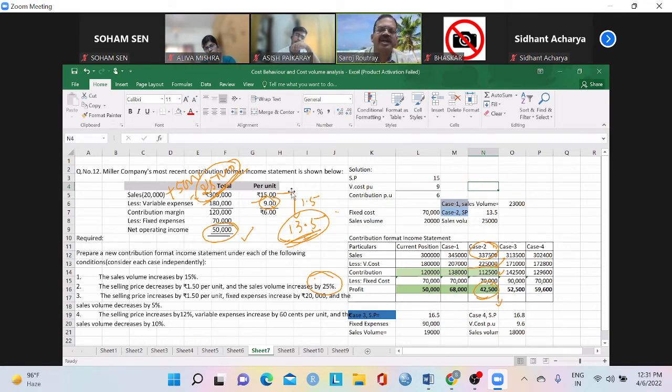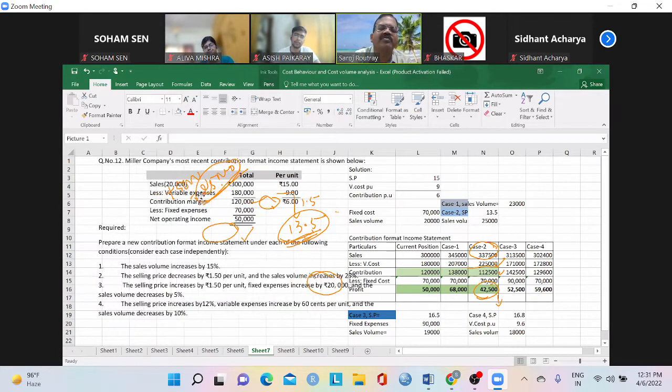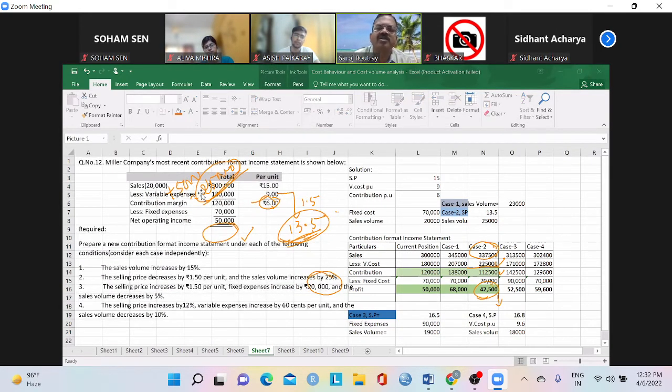But see what is happening now. When you are decreasing the selling price, you cannot decrease the selling price only for additional sales. If you are decreasing the selling price, then you have to decrease it for all the customers. So it will be on 25,000, not only on that 5,000. You cannot say that price applies only to some customers. So for that reason, we'll take 22,500.